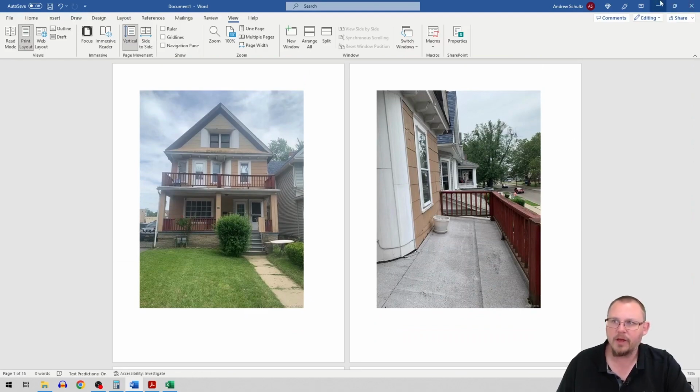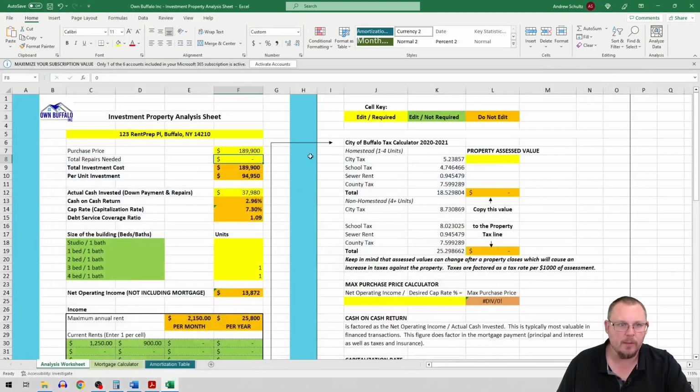The one thing I do want to mention is, as we're talking about doing upgrades into a property, please don't just do the lipstick on a pig version of a flip. If there's underlying issues with electrical or plumbing or something of that nature, if you're already opening walls up or you're already going through and doing a bunch of work on the property, spend the money to fix the mechanicals at the same time. At the end of the day, you're going to wind up with a property that has a higher resale value, and you're going to wind up with a property that performs better with less maintenance